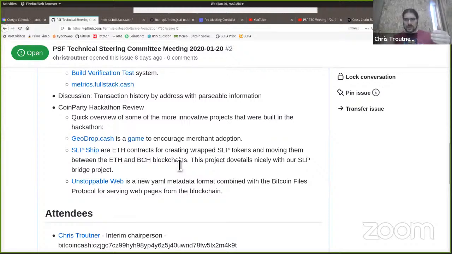And then what Shamari did, the guy who did this, he took James's idea and he created a new YAML metadata format. So YAML files are used in Docker Compose. They're used in many different software projects to describe at a very high level what the program is supposed to do. So in Docker Compose, you use this for composing several different Docker containers and getting them all working together. And so he created a YAML format for describing a web page, the content of a web page, and where to find the resources,